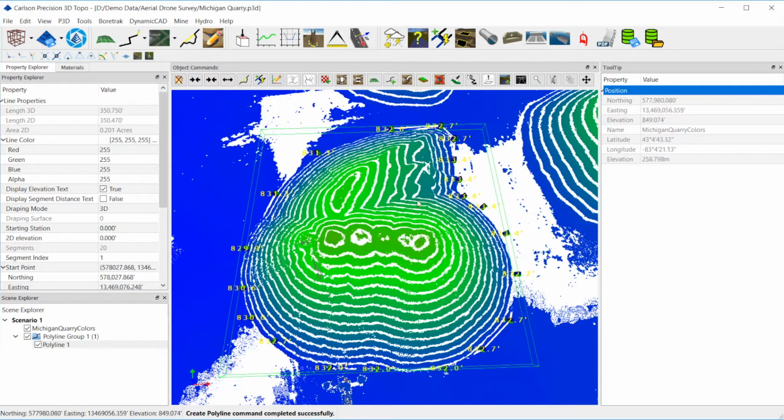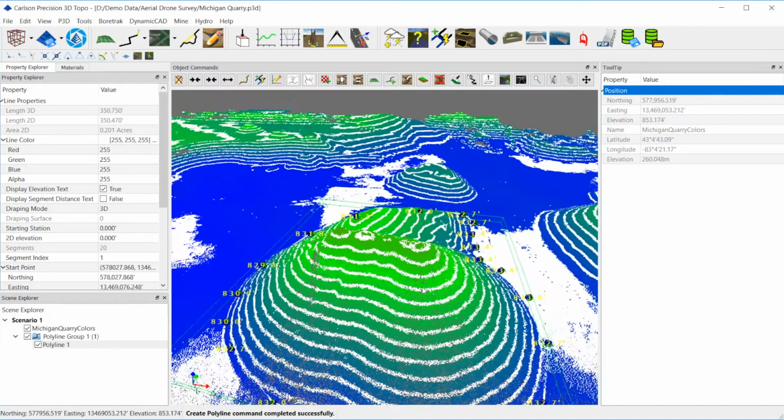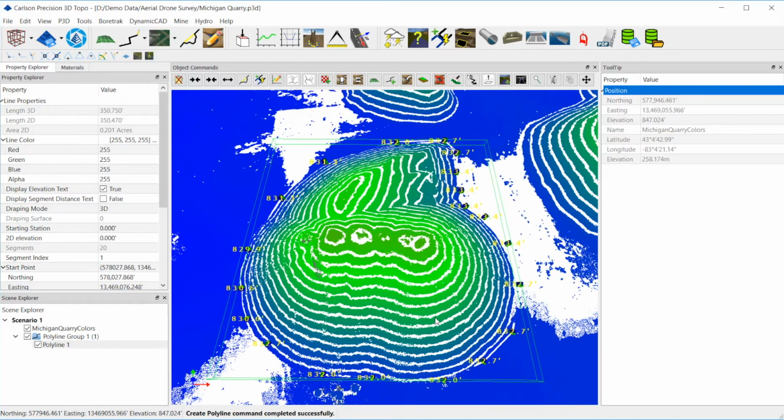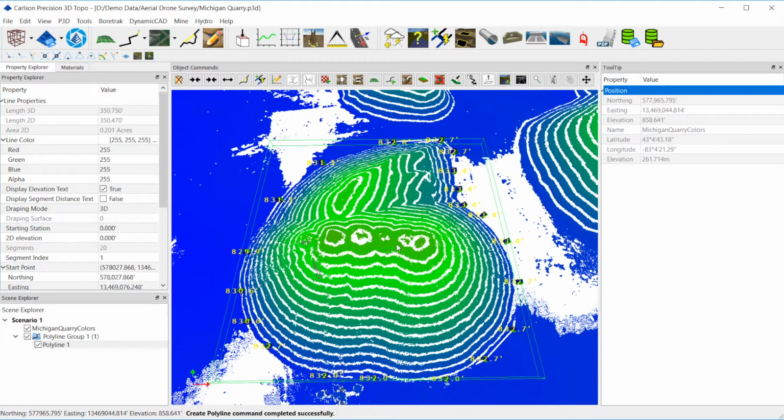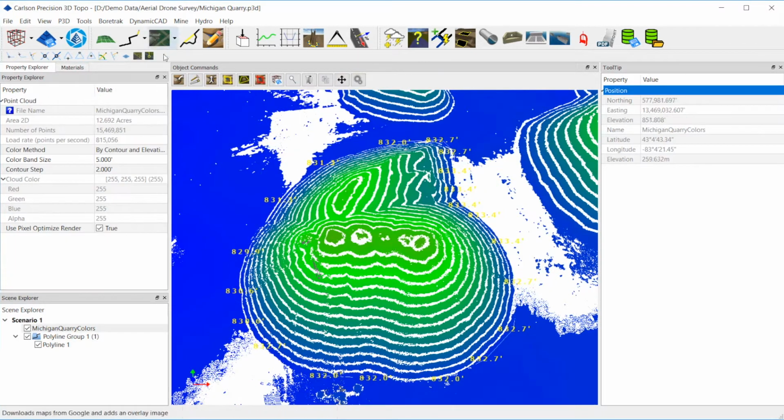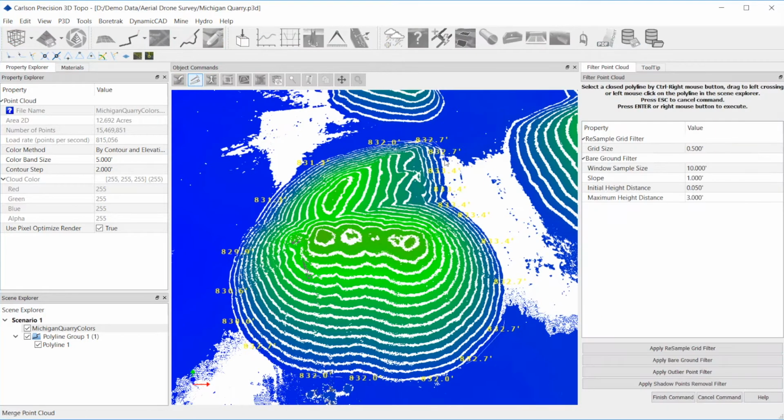Instead of jumping directly into creating the volume report for this, we loaded this point cloud, 15 million points. I know from processing this data before that there's close to 800,000 points inside of this polygon right now, which is really a lot more than you need. So we have tools. You could go ahead and calculate it just fine with this, but you can also do